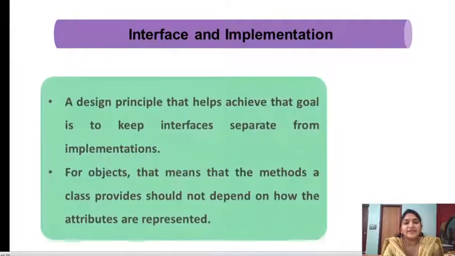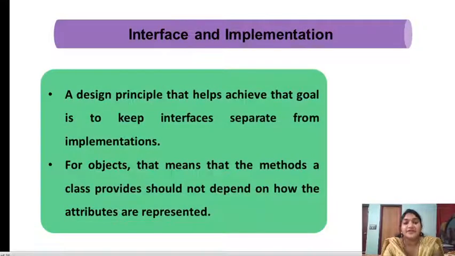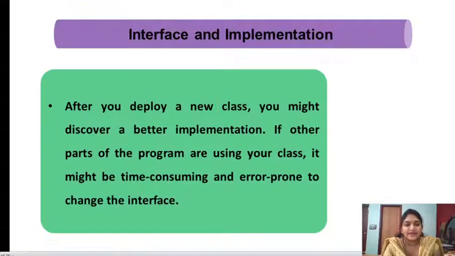Next, interface and implementation. A design principle that helps achieve that goal is to keep interfaces separate from implementation. For objects, that means that the methods a class provides should not depend on how the attributes are represented. This is what we call an interface. After you deploy a new class, you might discover a better implementation, but some other parts of the program may be using the class.